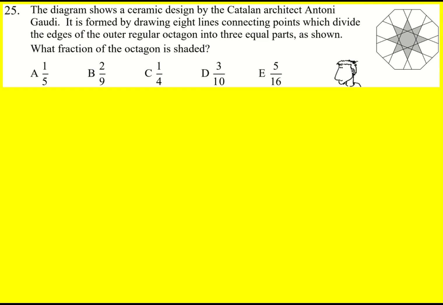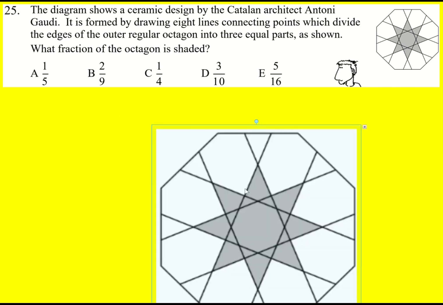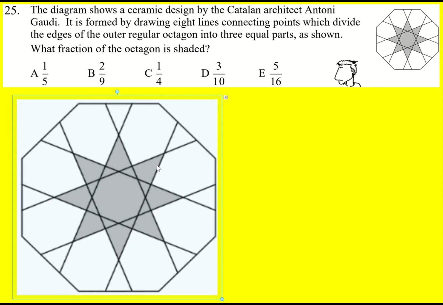This is an epic question where we're trying to work out the fraction of this octagon that's shaded, a ceramic design by Antoni Gaudi. So 8 lines drawn, and then we divide the outer octagon into 3 equal parts using these lines. So there's two approaches to this method, using lengths and somewhat thinking about the angles, which is actually how I did it. And then instead trying to construct a shape inside the octagon that is like repeated throughout